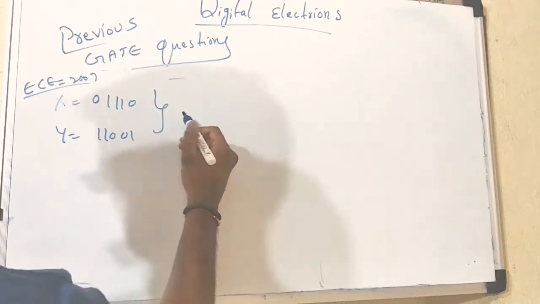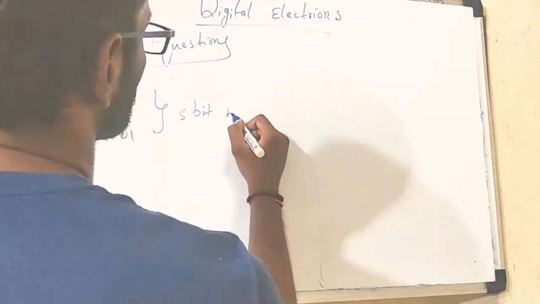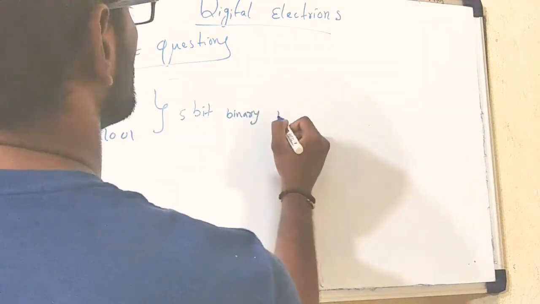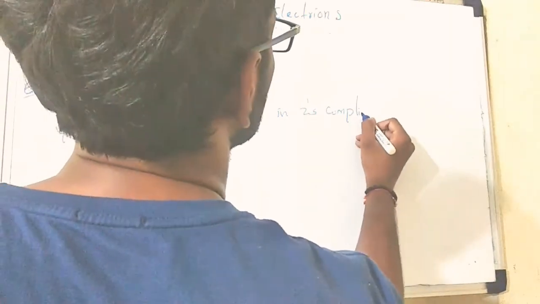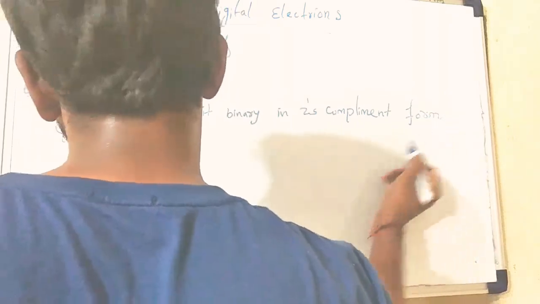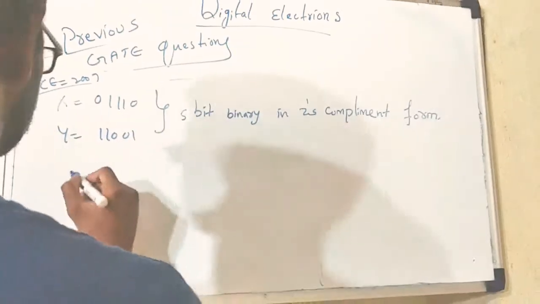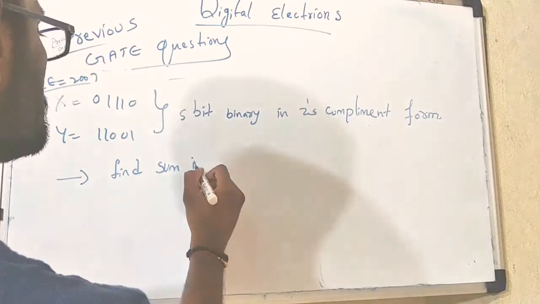These are 5-bit binary numbers in 2's complement form. They have asked to find the sum